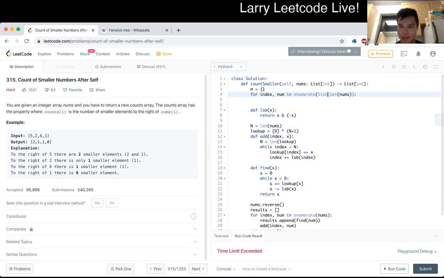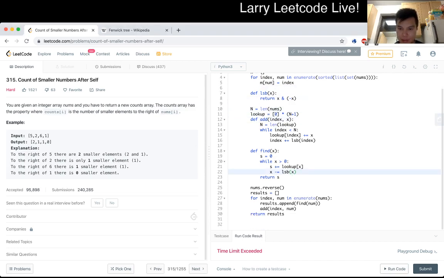Make this unique and also sort it. So now this is in sorted order, and then the number 0 to index. That's fine, right? And then now when we get it, we want to find, actually,